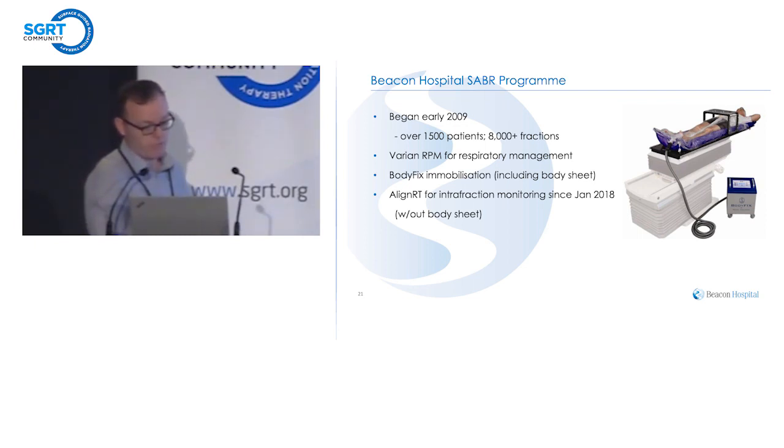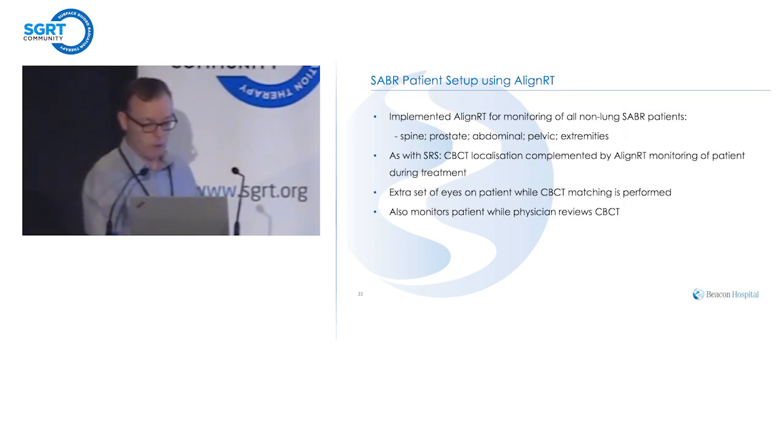And then around this time last year, we started to use Align RT for intrafraction motion of all our SABR patients, which meant we had to get rid of the body sheet, which I think all of our therapists were happy to see the back of. Yeah, actually we introduced it for our non-lung SABR patients because we're still using the Varian RPM system. So principally for spines was where it was really important for us, and some of these abdominal, like liver and adrenal lesions. So as with our SRS program, cone beam CT localization and using Align RT to track the patient